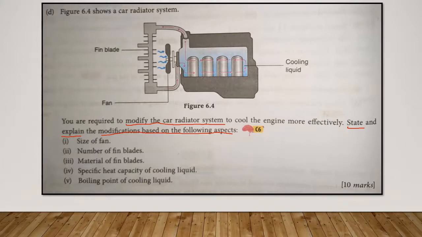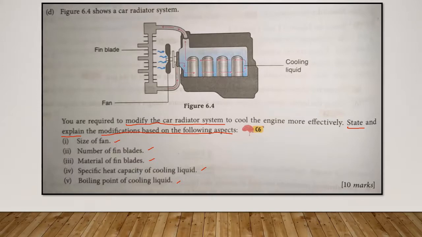What aspect number 1 is size of fans. Number of fin blades for aspect number 2. Material of fin blades. Specific heat capacity of cooling liquid. And the boiling point of the cooling liquid. Okay, soalan ini